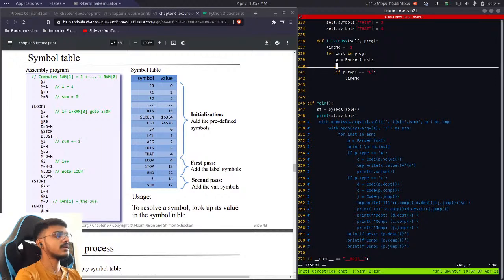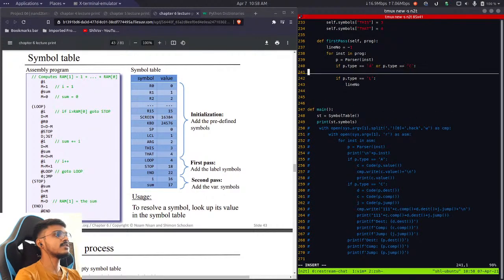Before I do that, I have to write this logic. If p type is equal to either of type A or p dot type equals to C. That means if it is either of type C or type A instruction, in that case only I need to increment this